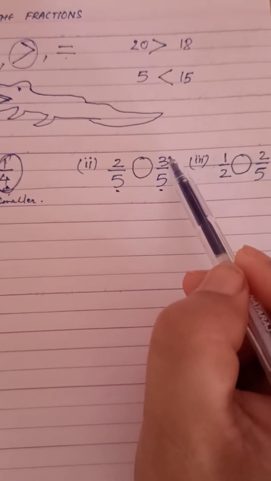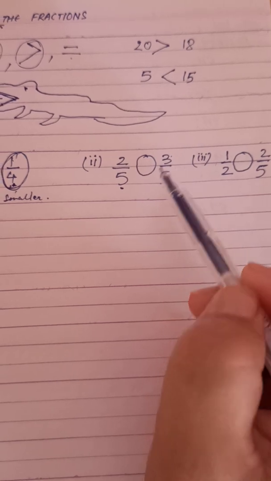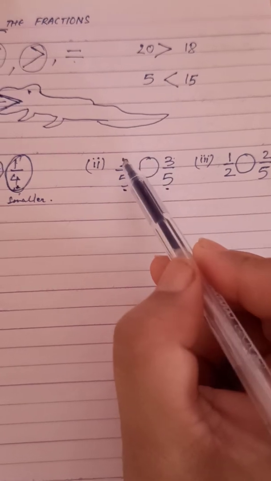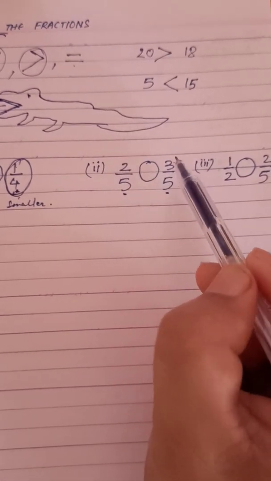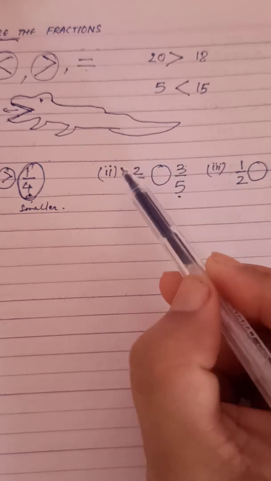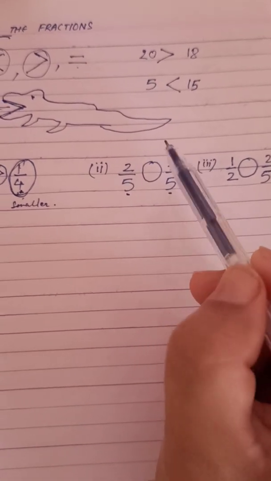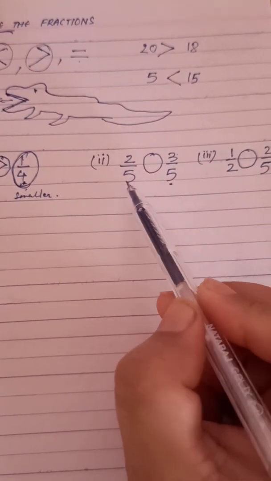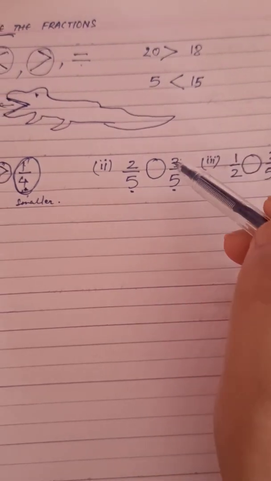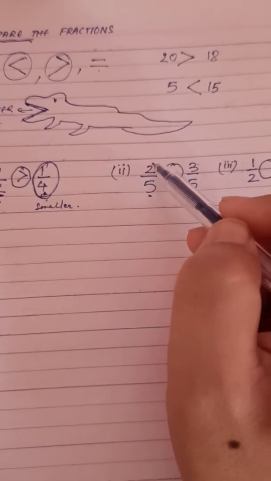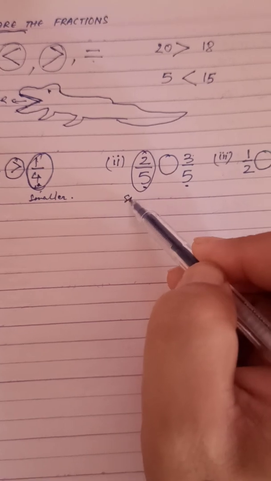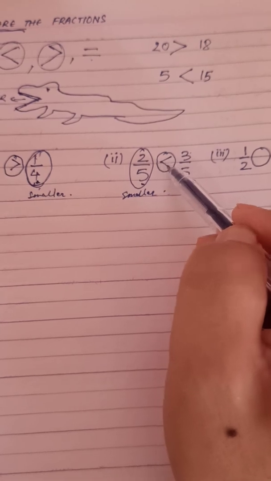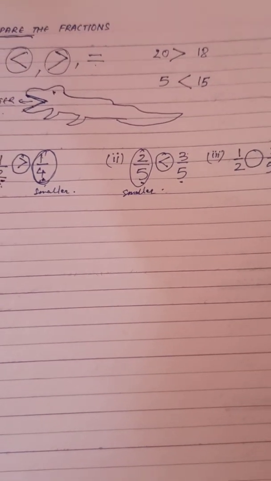Answer is 3. So here what you have to think is, since the denominators are the same, the bigger number will remain bigger, the smaller number will remain smaller. So there is no changing of the value here. The bigger number will remain bigger itself, the smaller number will remain smaller when the denominators are the same. So since this is the smaller number, this is the bigger number, crocodile mouth always towards the bigger number. Okay,